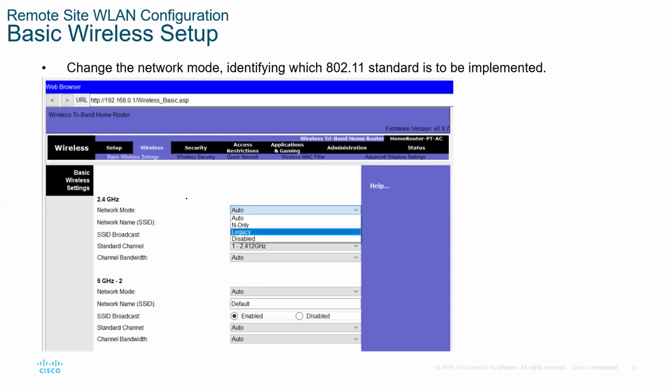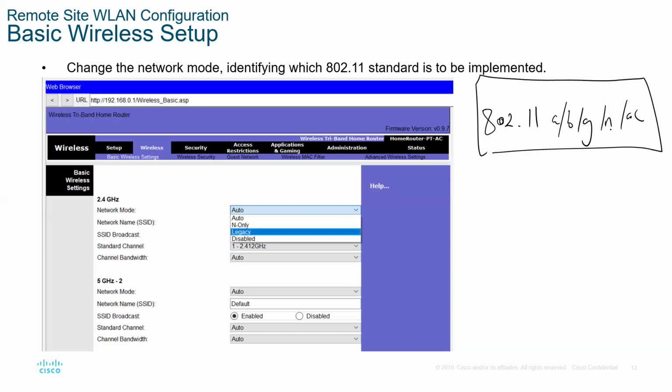Changing the network mode. So the network mode, as you can see, auto, we have N only. The network modes, these are the standards that we discussed when we introduced 802.11. We had A, we had B, we had G, we had N, we had AC. I think we also had AX there. These are the standards that we use. Here we don't have all of them written one by one, 802.11 A, B, no. We have N,